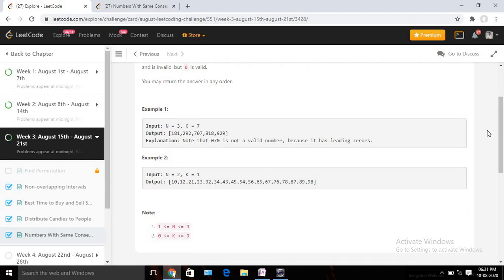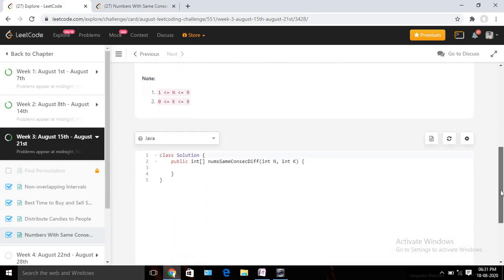So how can we solve it? There are multiple ways to solve it. We can use the BFS, breadth first search approach, where for each and every number we go according to breadth, and every time we increase our number by 1 digit only. Another approach is DFS, or depth first search. That means at a time I will go till depth, find all the 3 digits, then add that to our output list, then backtrack and check for other numbers. So there are two approaches. For today's example we are going to use DFS. You can try BFS later on your own.